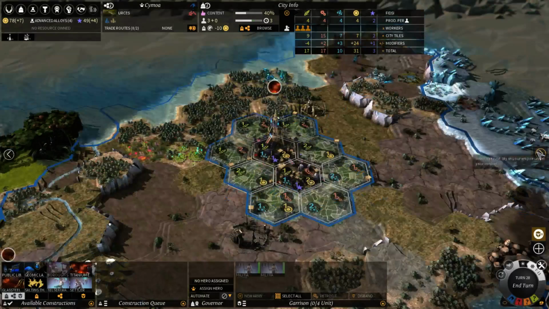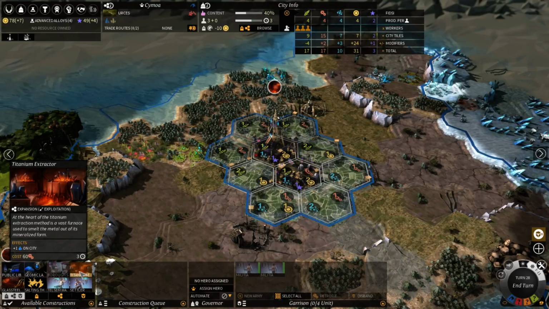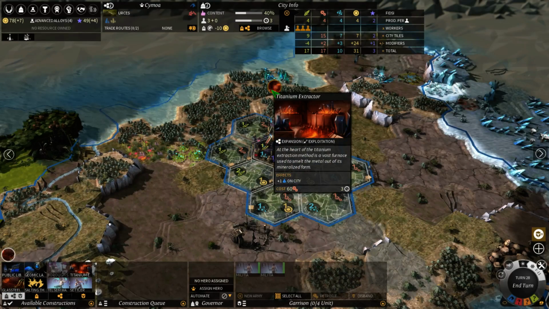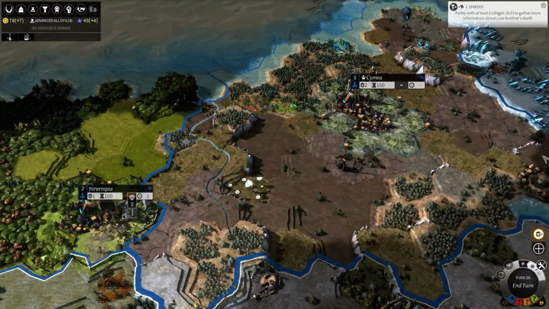So you're still building an empire mint. We've completed one here, so we're actually turning a profit. The titanium extractor seems like a pretty good idea, so we can get some titanium. So does the public library. The glass steel thing doesn't really matter much, because we don't have glass steel here. But, oh, I can build the... Oh! Can I...